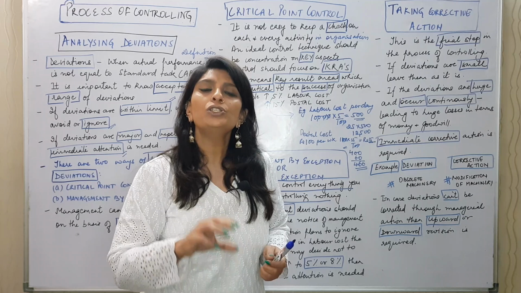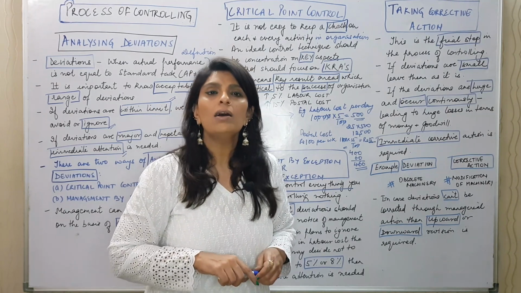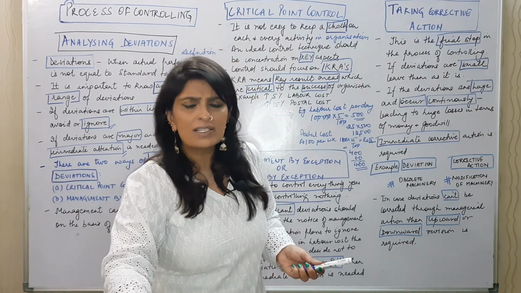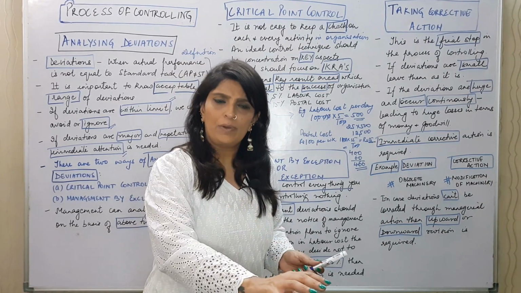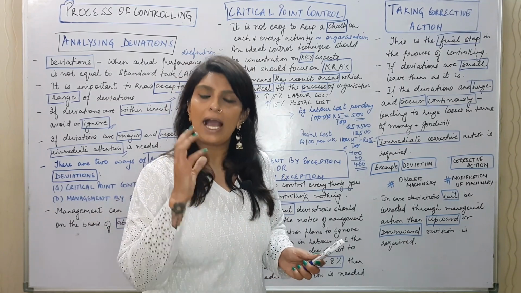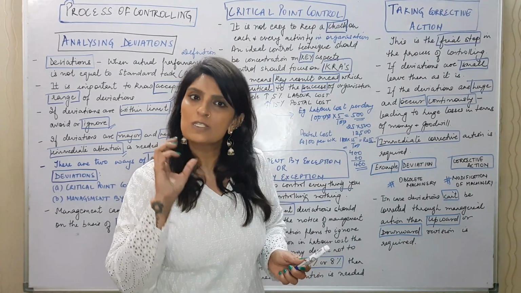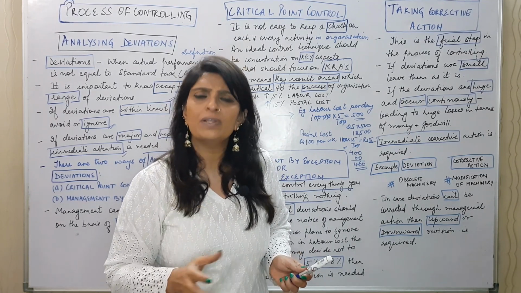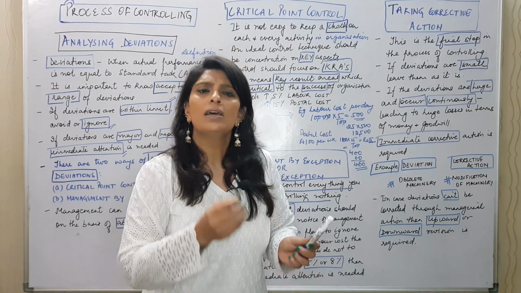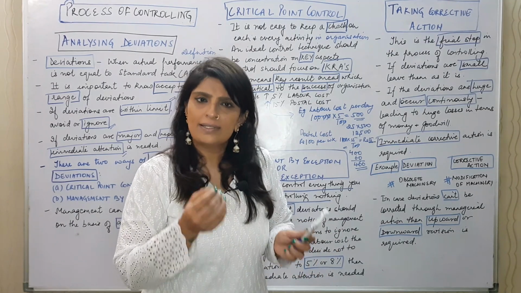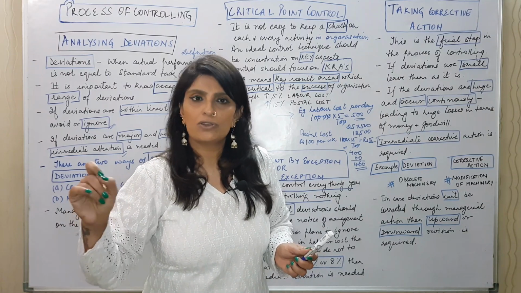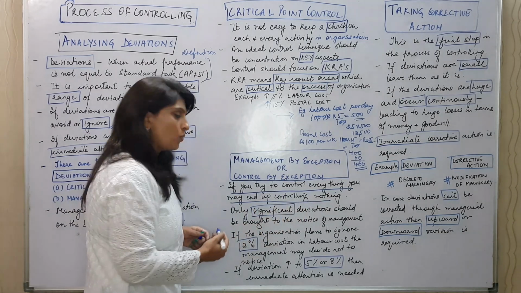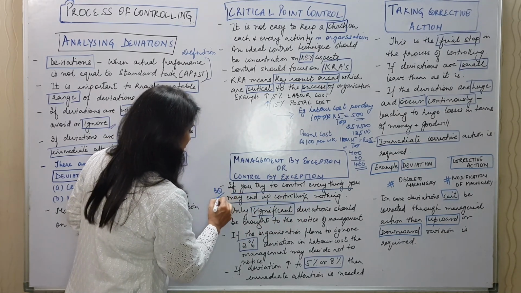So what you need to do is set some criteria, that this much deviation can happen every day, or once or twice in a week. This is the acceptable range. Beyond this, immediate action will be taken and nobody will be spared. People usually try to avoid deviation, but in case it happens sometime because of some reason, there should be a minimum plan set up to accept that minimum range of deviation. If you try to control everything, you may end up controlling nothing. This is what it means, and this statement usually comes as a board question also.